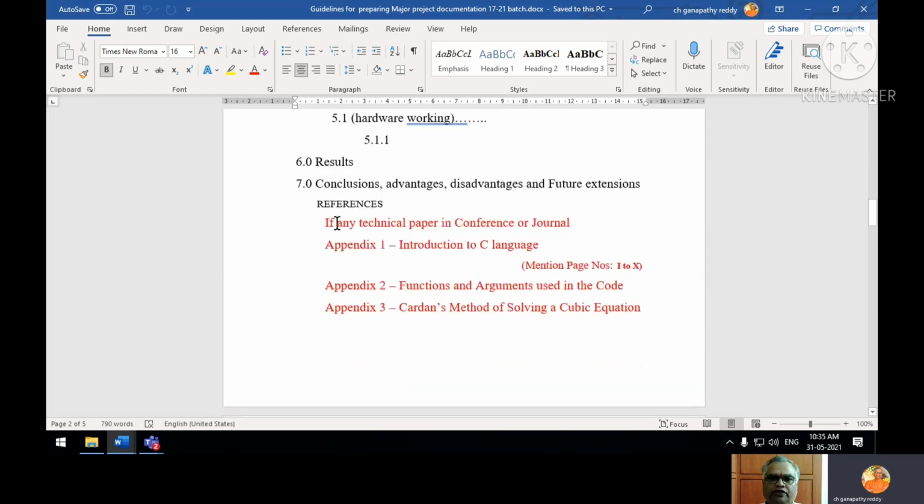Then another important point: if any technical paper in a conference or a journal is there, you have to include it after the reference. Then appendix 1, appendix 2, appendix 3 are any additional information, such as introduction to C language, functions and arguments used in code, some important equations, etc. Anything you are using in the process of developing a project, you can show in the form of appendix 1, 2, 3, 4, and so on.